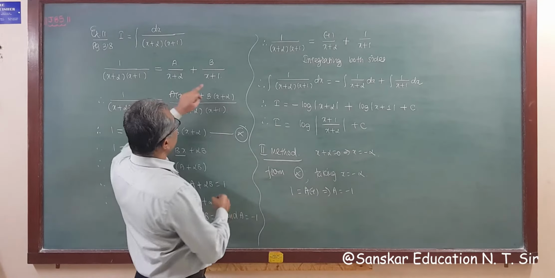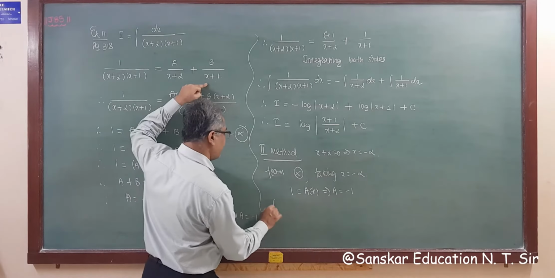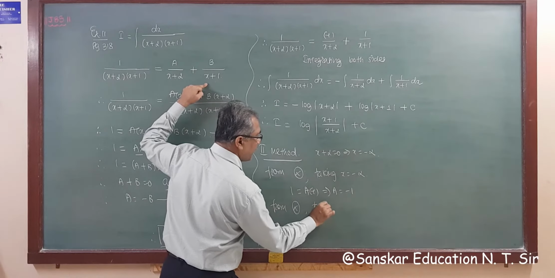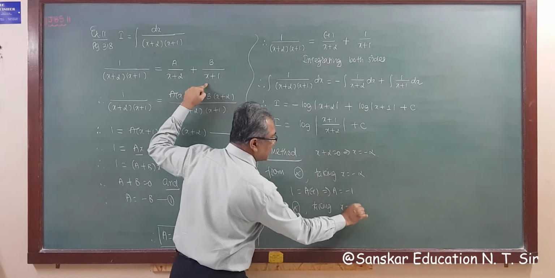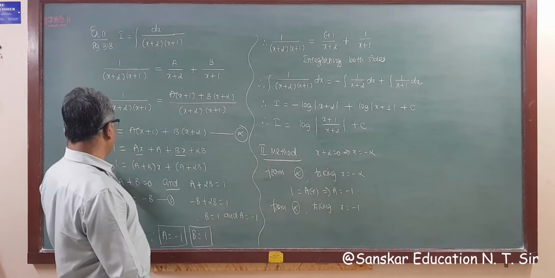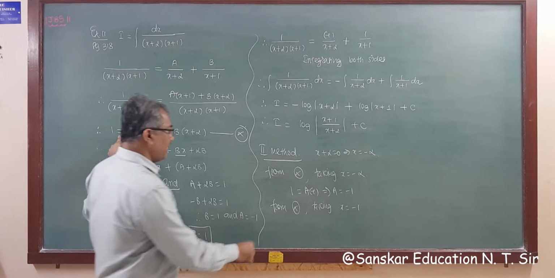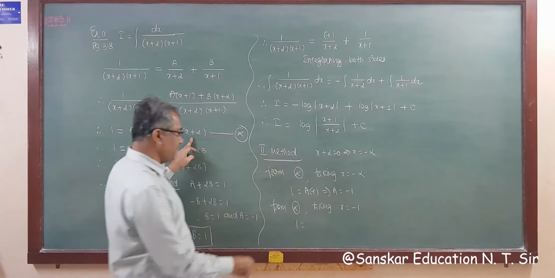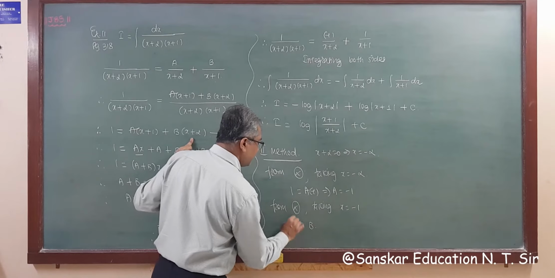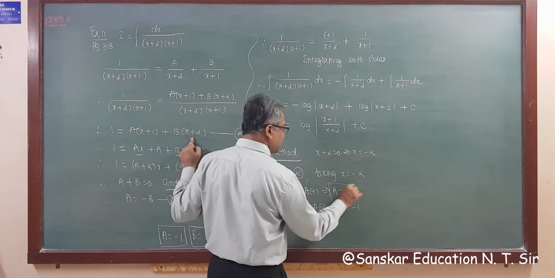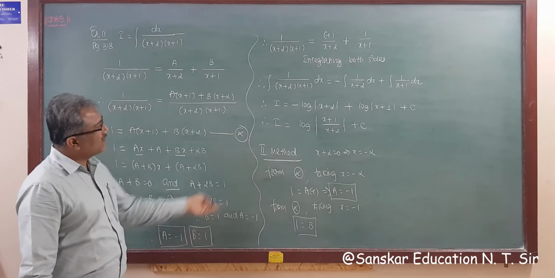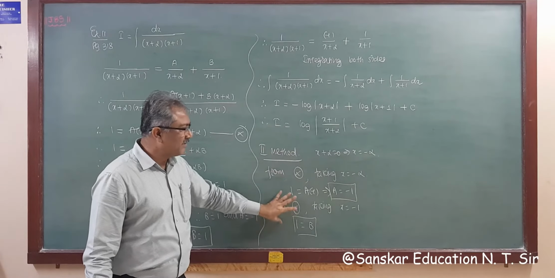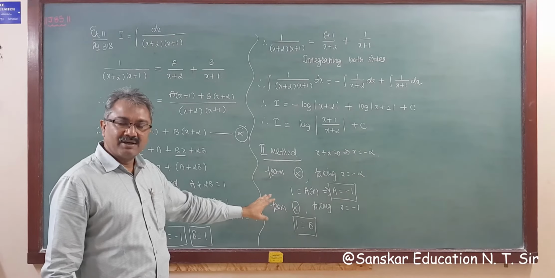Now x plus 1 is the other factor. So from alpha, taking x is equal to minus 1, what do we get? 1 is equal to, this term is 0, and minus 1, that is 2 minus 1 is 1. So b is 1. You just have to verify that we get the same answer. Now integrating, these steps are common in all methods, so we get it in 2 steps.